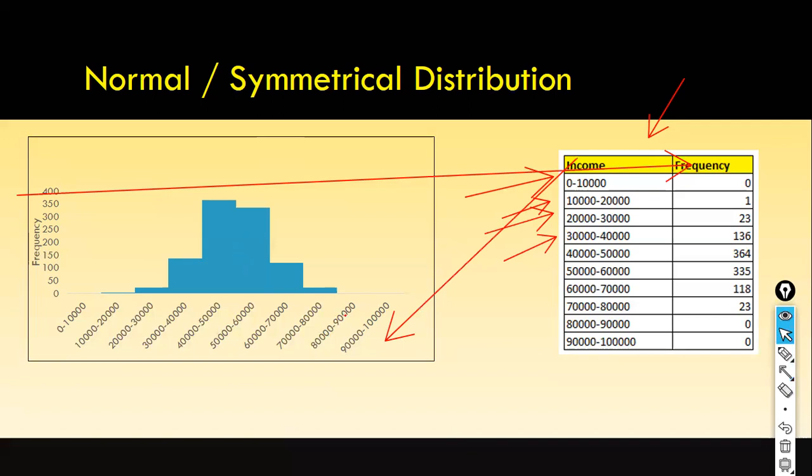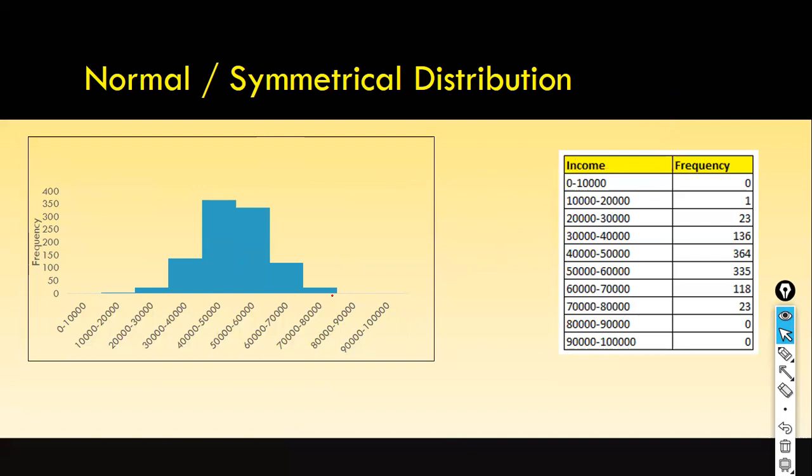This one seems to be approximately normally distributed with a peak. Where can you see the peak here in this histogram? This is the tallest one compared to the others. So in this case, it tells the story very clearly. You don't have to see the data itself. Simply by seeing the chart,